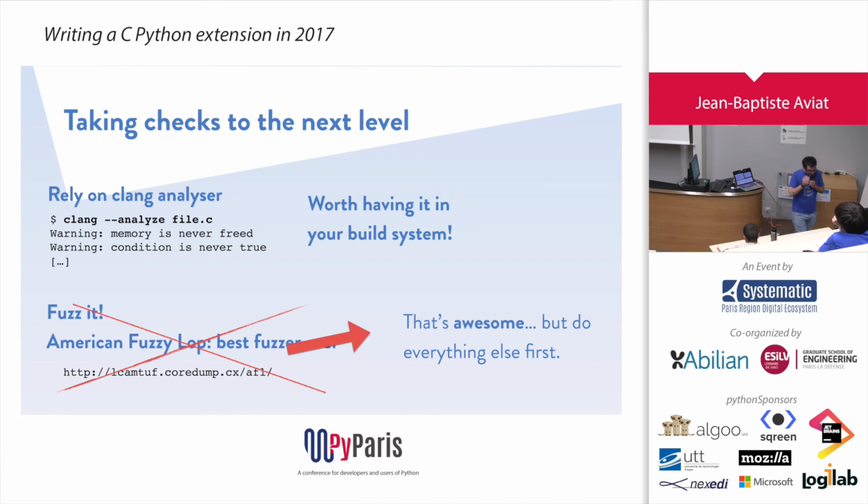So then, you ship C code, right? So you don't want to have something that fails, and so maybe you want to take some checks to the next level, right? So the Clang Analyzer, you can have it in your build system, okay? Like at each commit or at each pull request, you have it running, and you have some warning, maybe on GitHub, on your CI, that tells you, all right, you need to check this because there is a warning here.